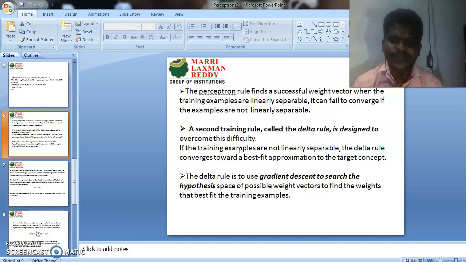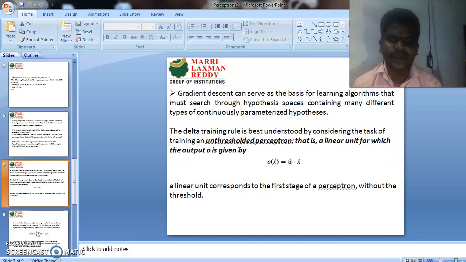Okay, here the delta rule uses gradient descent to search the hypothesis space of possible weight vectors to find the weights that best fit the training examples. Here gradient descent can serve as the basis of learning algorithms that must search through a hypothesis space containing many different types of continuously parameterized hypotheses. The delta training rule is best understood by considering the task of training an